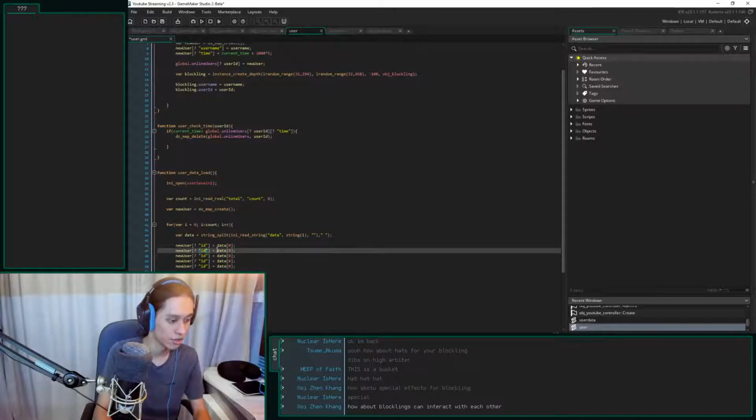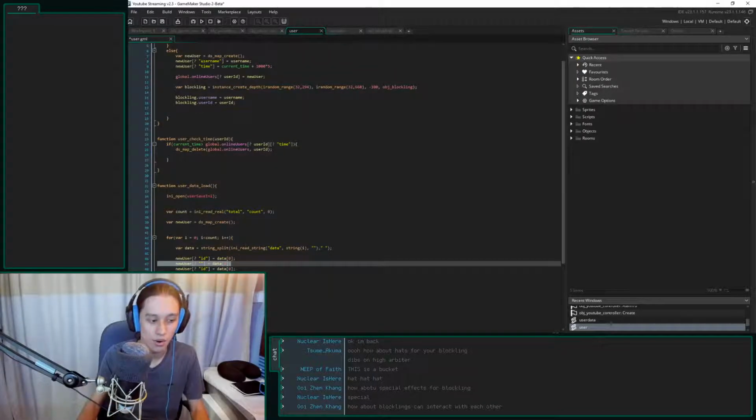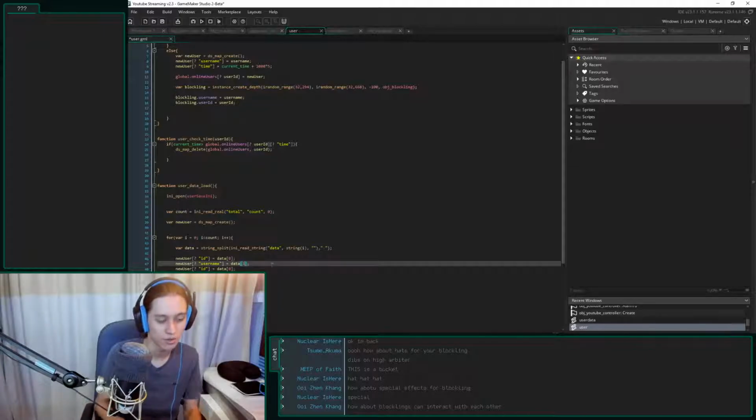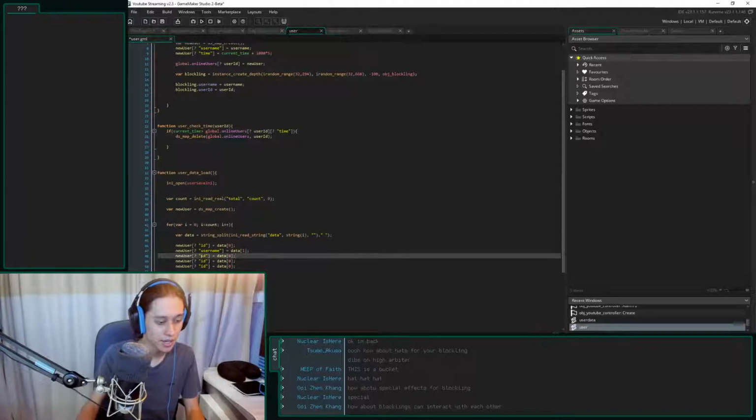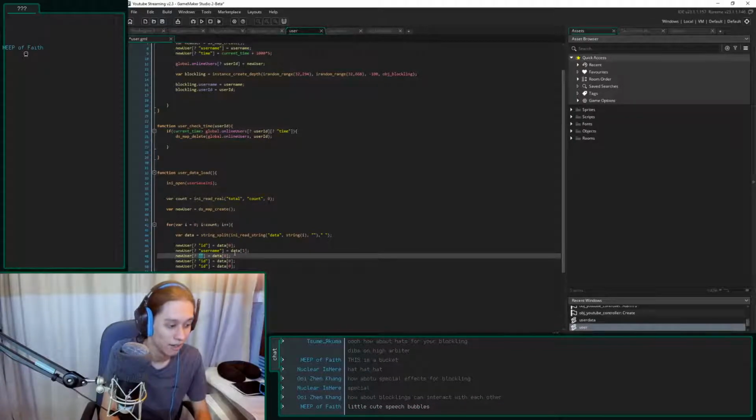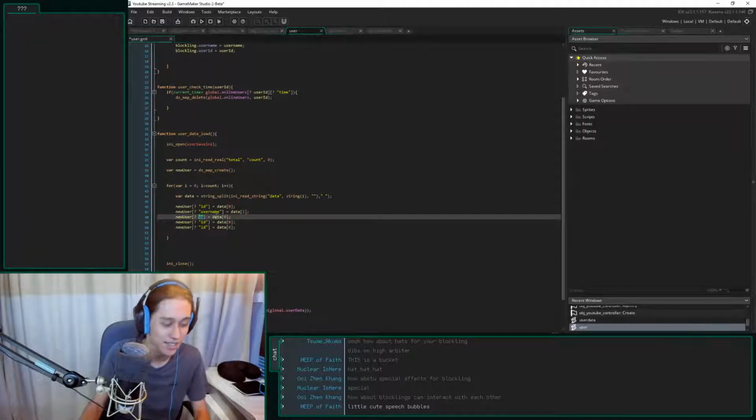So new user username, actually the username is not going to be, do I want to save the username? Why not save the username? I mean, username comes with a user ID, so I guess whenever I receive a packet from that user ID, I'll just update the username consistently. How about blocklings can interact with each other? That sounds really cool too. At this point, I'm really just having fun with all of this stuff. Speech bubbles, we can have speech bubble types, speech bubble effects, spawn effects, death effects. This is going to be awesome, actually.